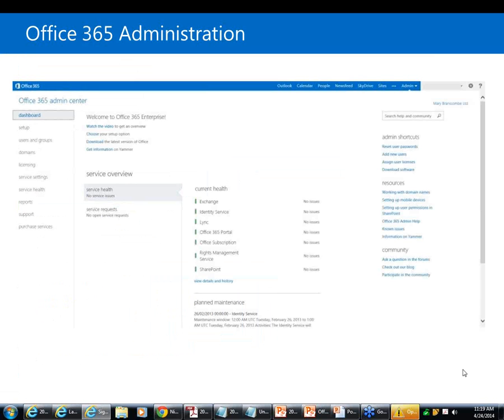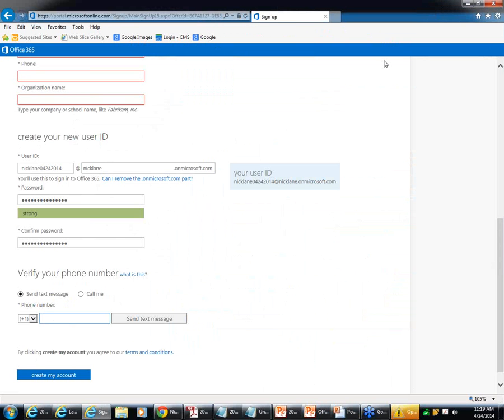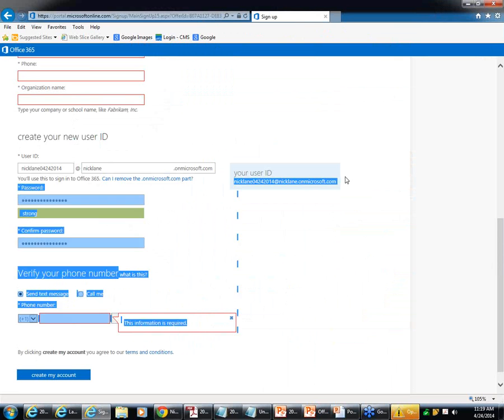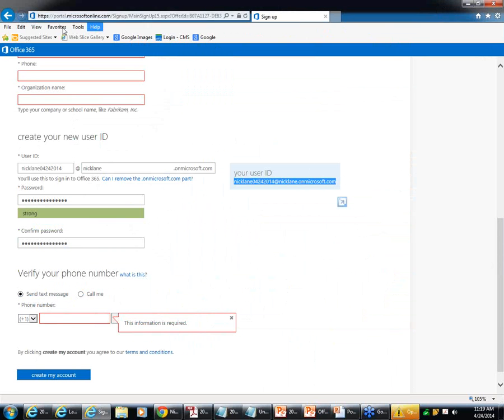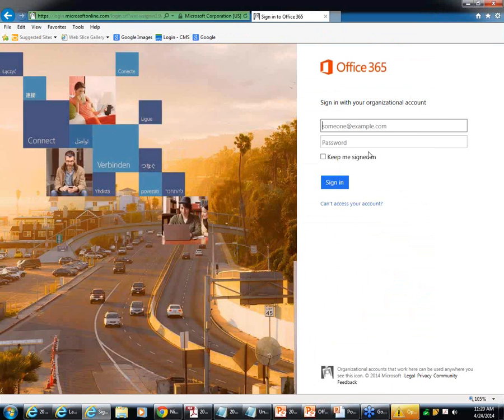Okay? But in any event, once that's done, I just want you to see how this is done. We don't necessarily have to do it. And then you'll have a username. In this case, it'll look like this. Okay, there's your username, and then you go to the portal, which, like I said earlier, is portal.microsoftonline.com. And then you'll be able to log in here with your username and password, which I copied it wrong, but in any event, you get the point.